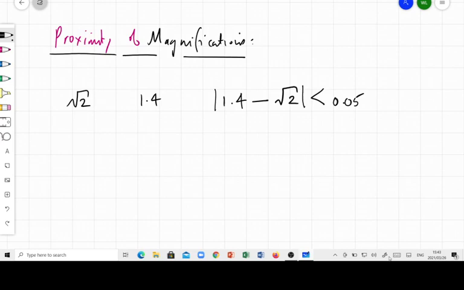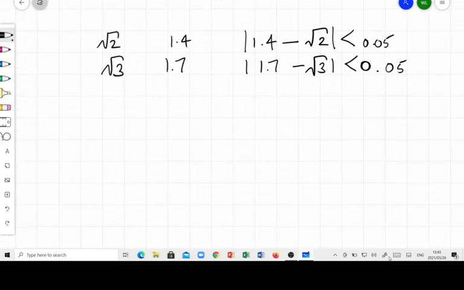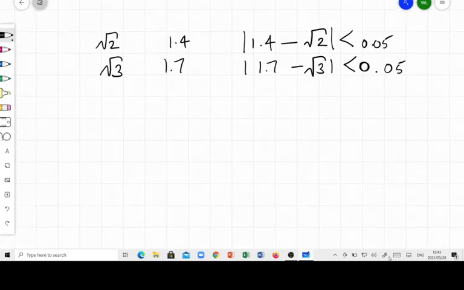Then we saw that we did the same for square root of 3, correct to 1 decimal place. 1.7 is correct to 1 decimal place. So in the same manner, it was within 0.05. Then we saw that instead of square root of 2 plus square root of 3, instead of using that, we use the approximants, 1.4 plus 1.7, which is exactly easy to calculate, 3.1. Then we saw that